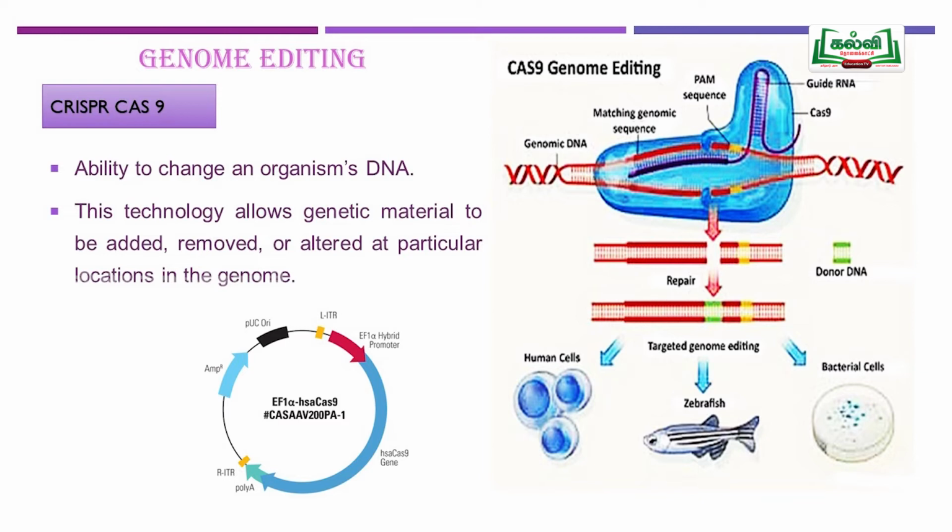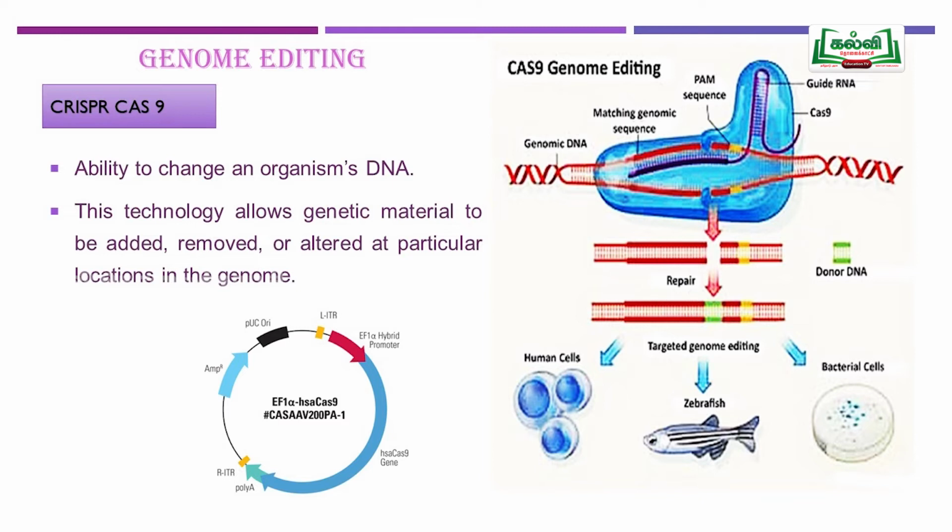Whenever a viral entry takes place in a bacterium, this CRISPR-Cas9 system gets activated. The Cas9 protein goes and recognizes the PAM sequence present in the viral DNA, targets it, and breaks the DNA, or genome, of the virus. Thus the bacterium will be protected. The same technique we may use in genome editing.